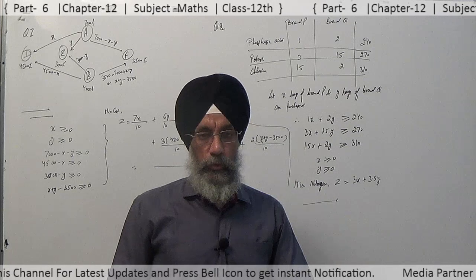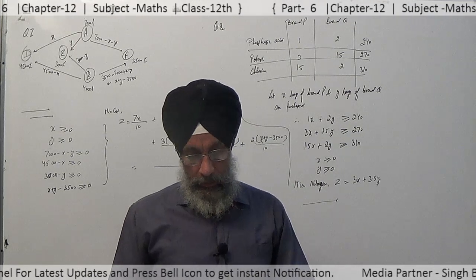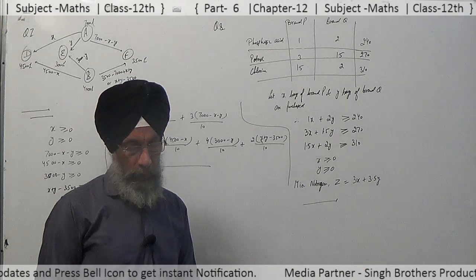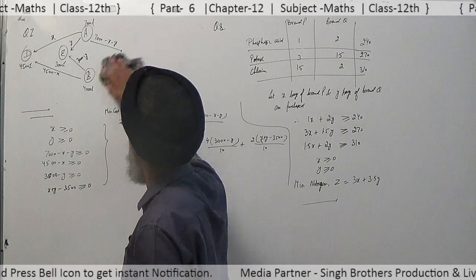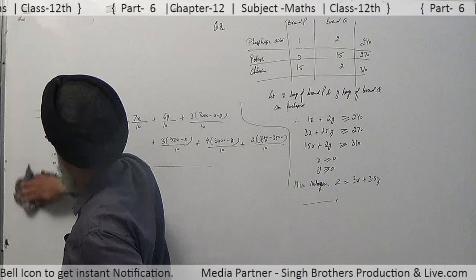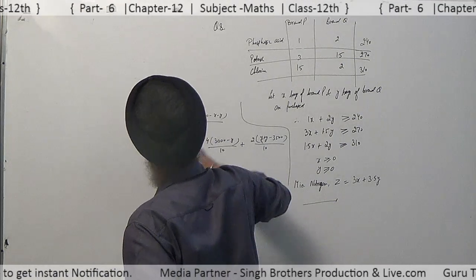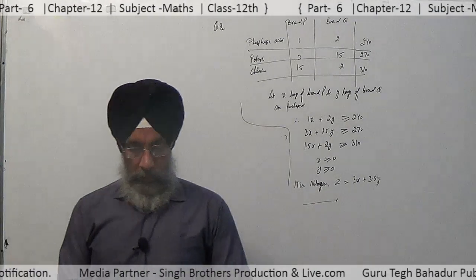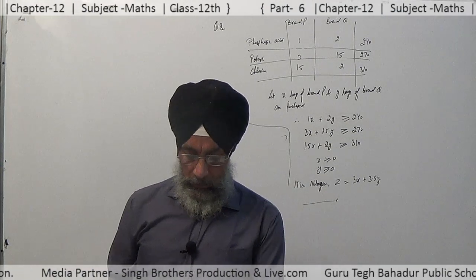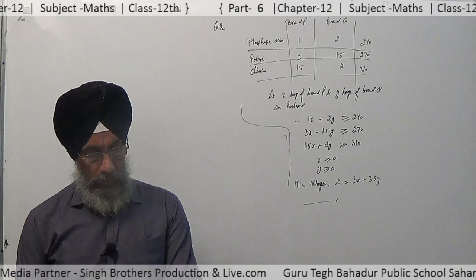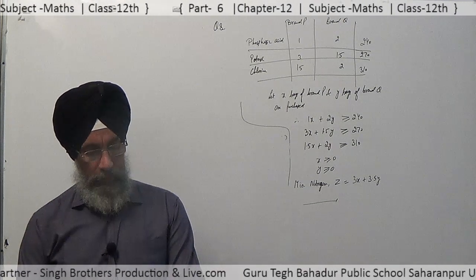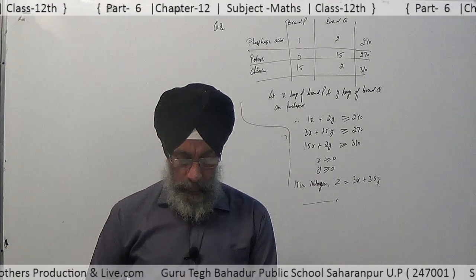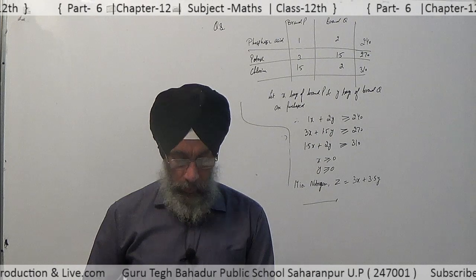Now the last question, question number 10. It is on a toy company which is manufacturing two types of dolls, A and B. So there are two types of dolls, A and B. Market tests and available resources have indicated that the combined production level should not exceed 1,200 dolls per week, and demand for the doll of type B is at most half of the doll of type A.